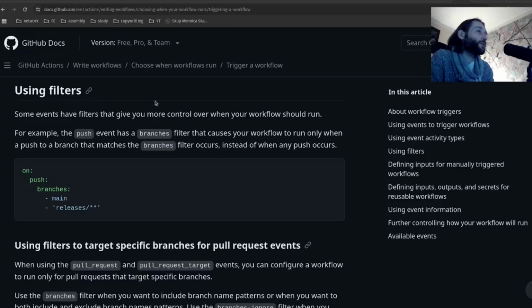For example, the push event has a branch filter that causes your workflow to run only when a push to a branch that matches the branches filter occurs. Instead, when